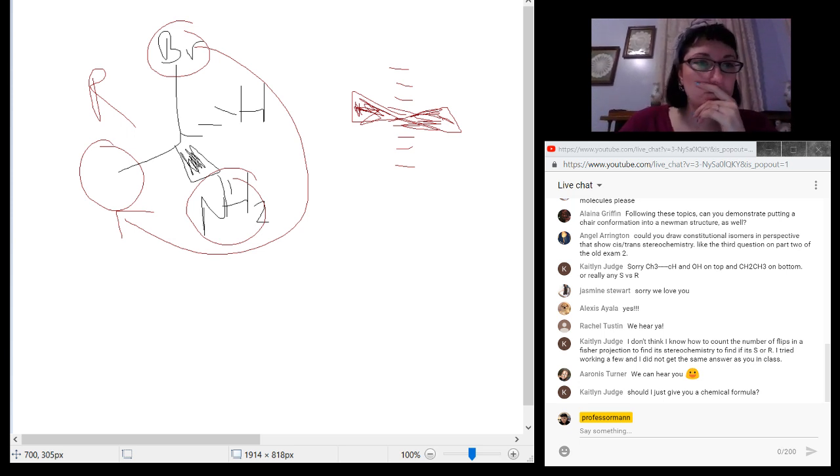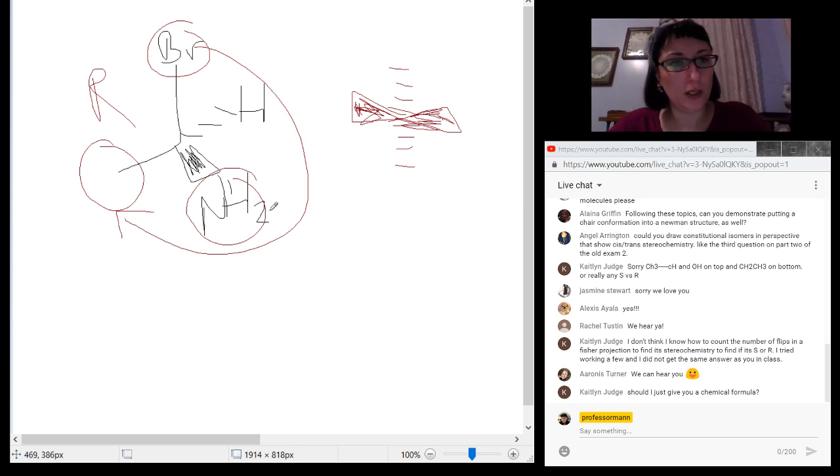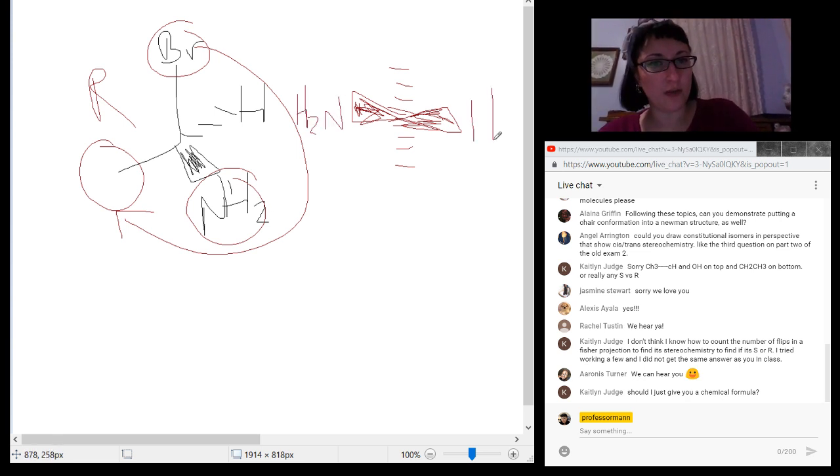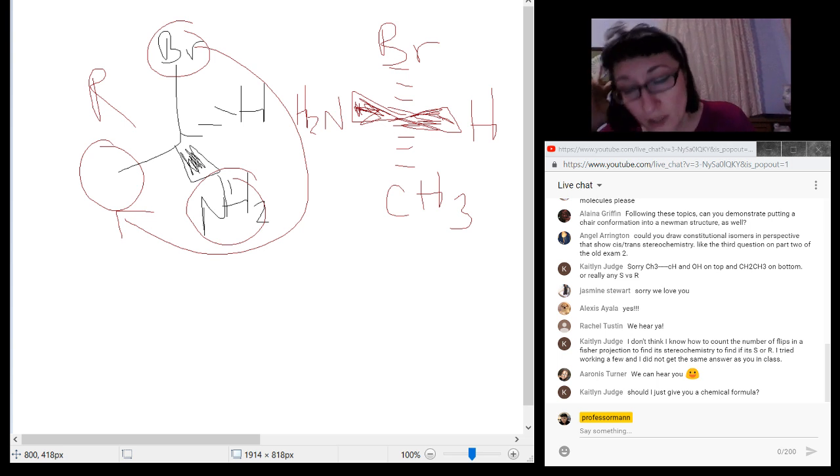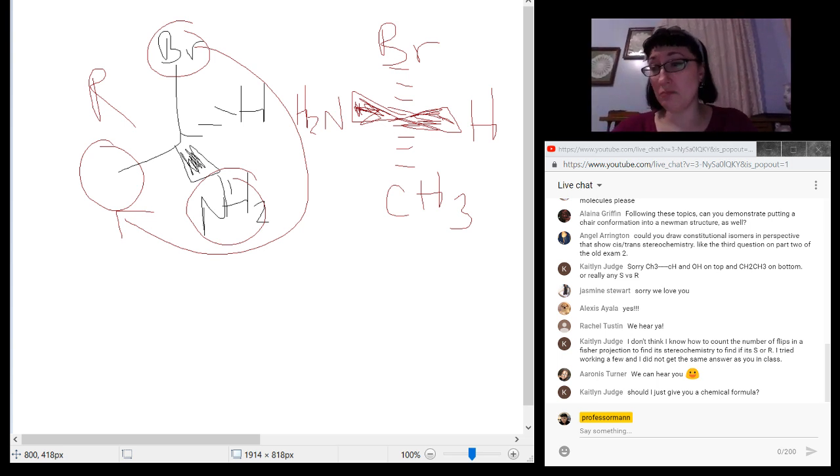So if I try and rotate this, I'm going to do it so the NH2 comes up over here. The hydrogen would be right there. The bromine would be on top. And the CH3 would be down there. Okay. That might be hard for you to do without a model kit. So if you are wondering how did she do that, use a model kit and rotate it until you see what I just did. So what I have here is the format that I have to use to make a Fischer projection.